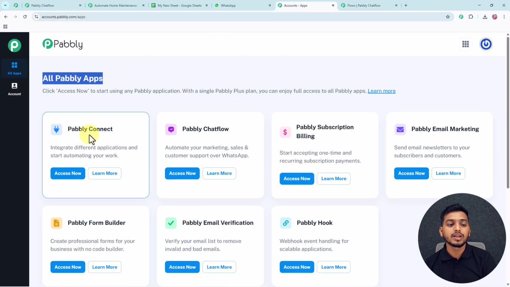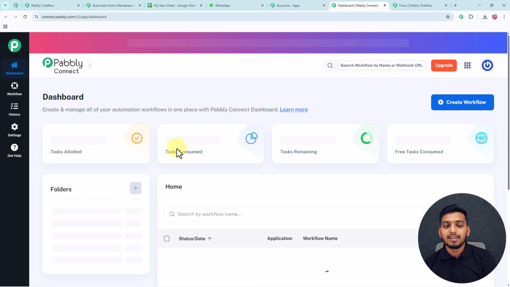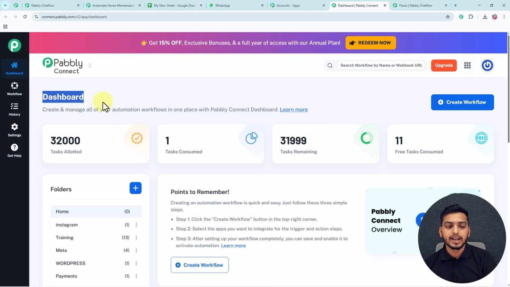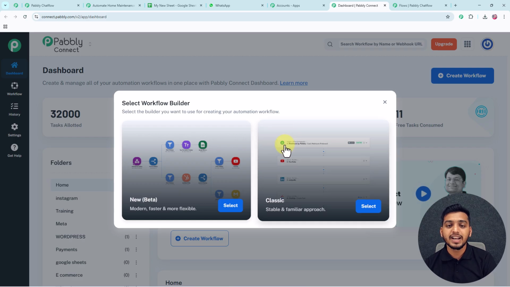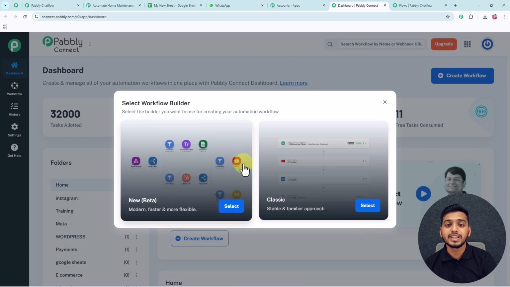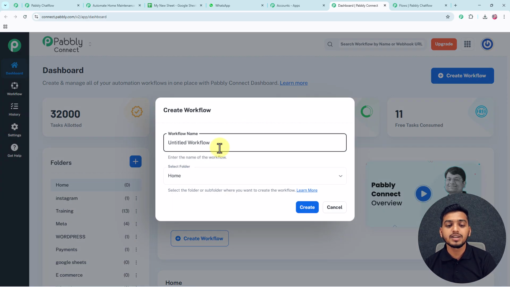Pabbly, where you can see this time I will click on this Access Now inside this Pabbly Connect box. And after that, I will get directed to this dashboard of Pabbly Connect. And inside this, by clicking on this create workflow button, I will start creating a workflow for myself. But before that, I have to select among these two workflow builders, this new version and this classic version. So for now, I will select this new version, and then inside this dialog box, I will give a meaningful